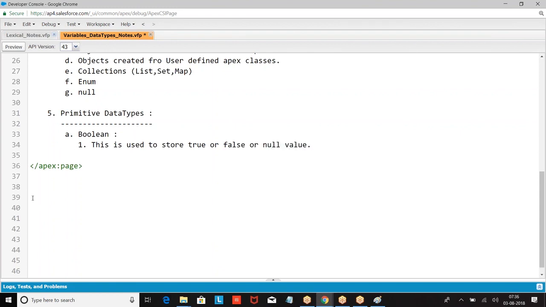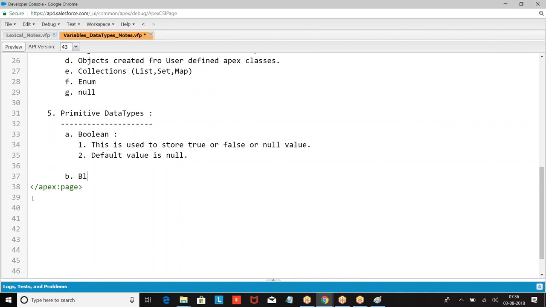If you don't mention anything, the default value is null. For any data type you take, if you don't store a value, it will refer to null.